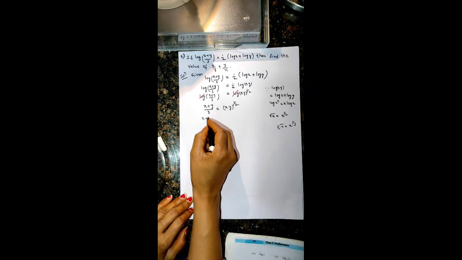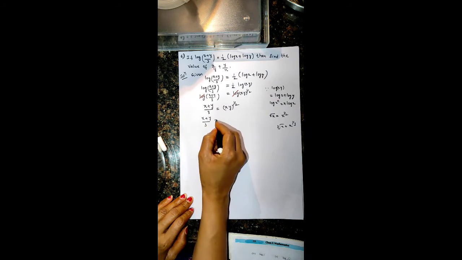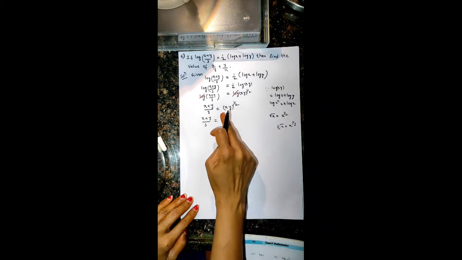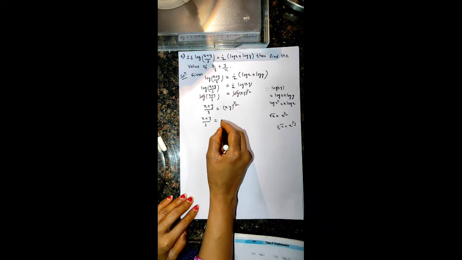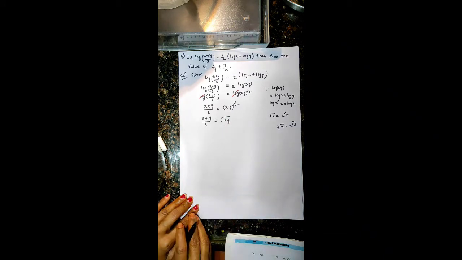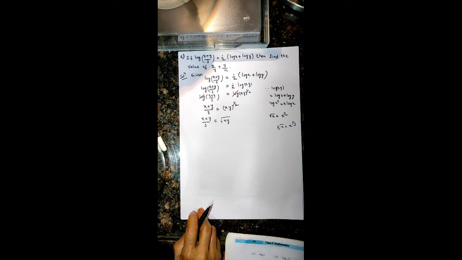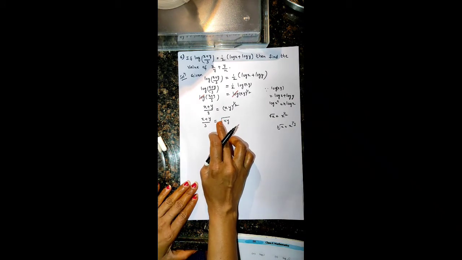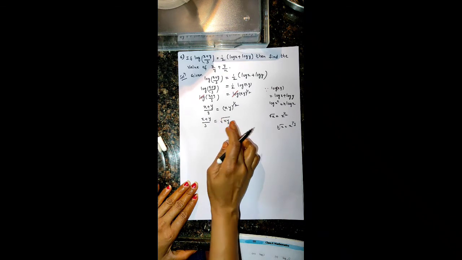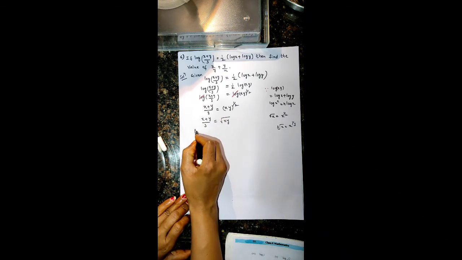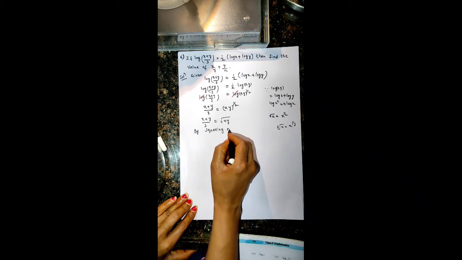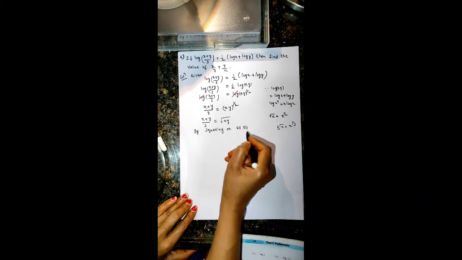See, the same as it is, I am writing (x plus y) by 3. Next, x to the power of 1 by 2 means root x we can write. (xy) whole to the power of 1 by 2 means what can you write? Root xy. Now this root we don't want, no? How can we remove this root? By squaring on both sides.